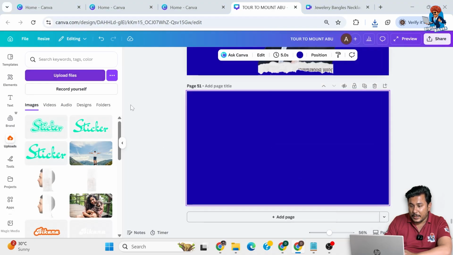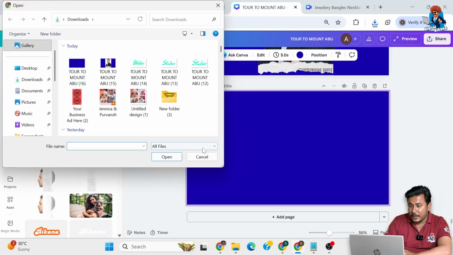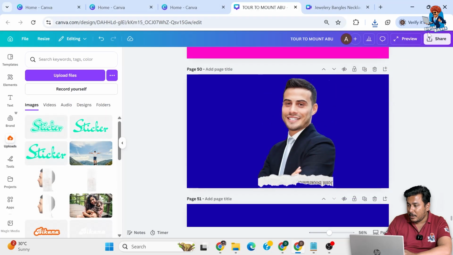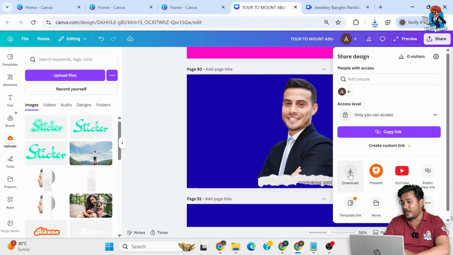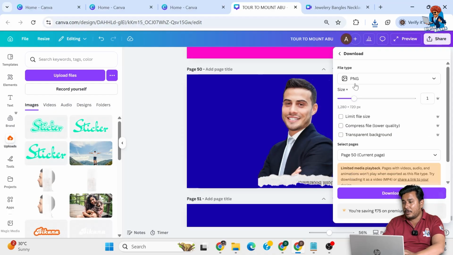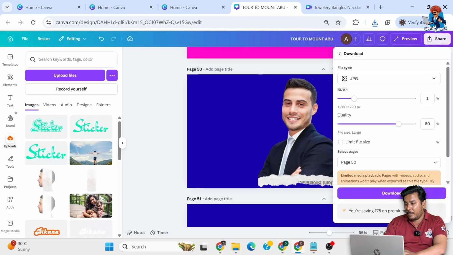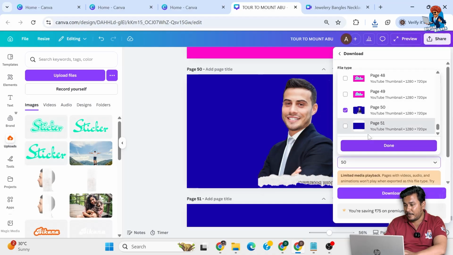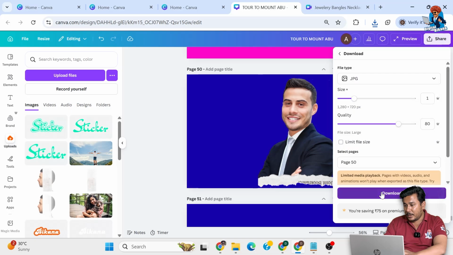Okay, let's click on upload files. The image of man is not downloaded. Let me click on share again, click on download JPG, only the current page, done. Download,